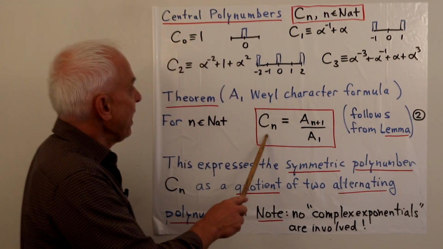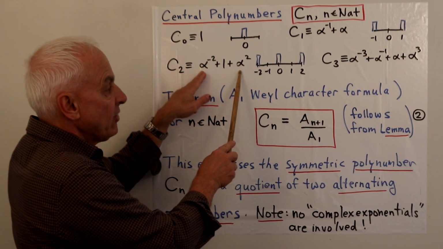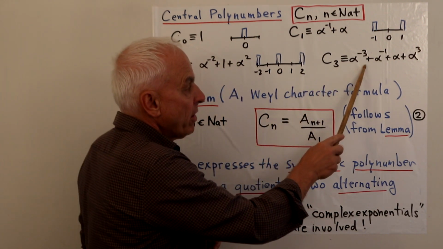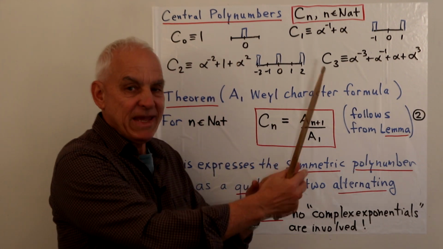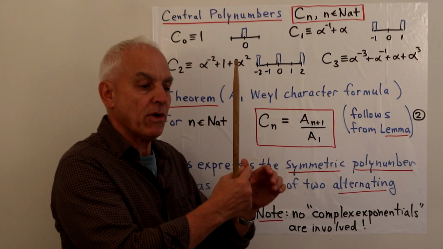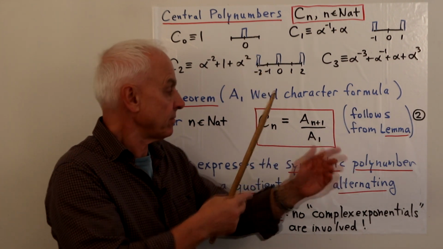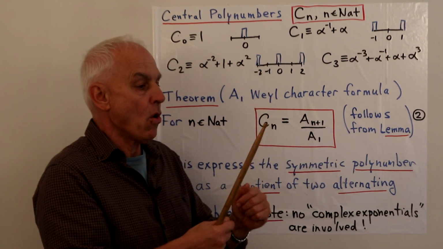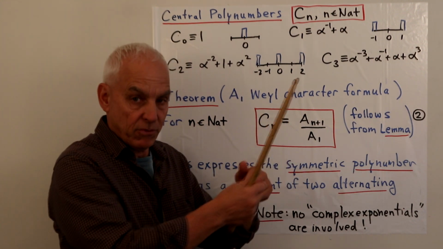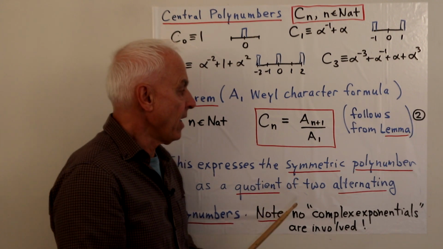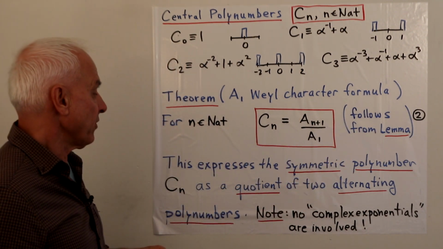Because this C_n here, like this one here, is a combination of 1 plus b2. This one's a combination of b1 plus b3. So in general, C_n is a sum of b's, okay? It's either starting with 1, like 1 plus b2 plus b4 plus b6, etc., up to bn, or it's starting with b1 and going b1 plus b3 plus b5 through all the odd ones up to bn. And so this is just a restatement of the lemma that we've already put together.